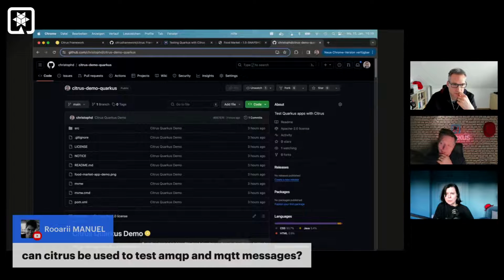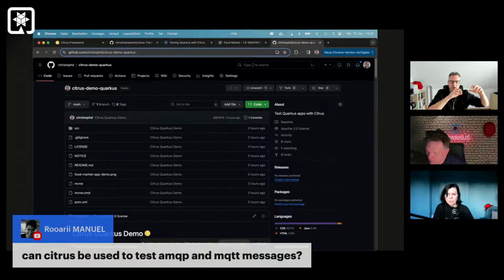Do you have a way of testing CLIs that have standard input and output? Because that's what I use Karate for, and I'm realizing Citrus should be able to do the same thing, basically just treating input and output. Yeah. So I recall there's an SSH component that enables you to connect, like you would connect to a foreign terminal and a foreign server. I think this should be possible, but I rarely look into this kind of stuff. But it's there. And you can have a look, it's client and server, so you can also